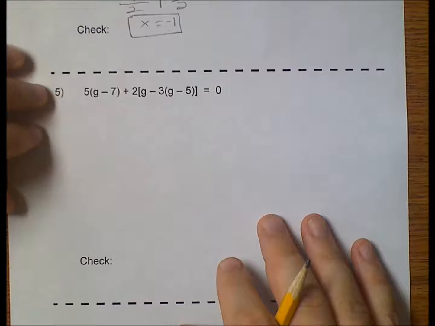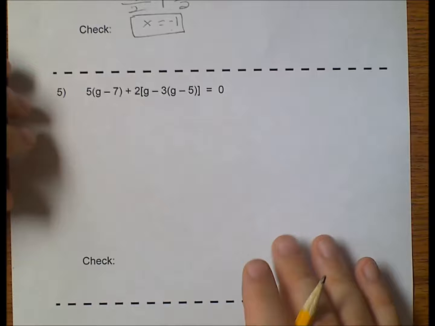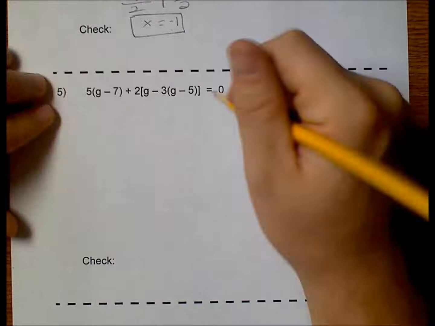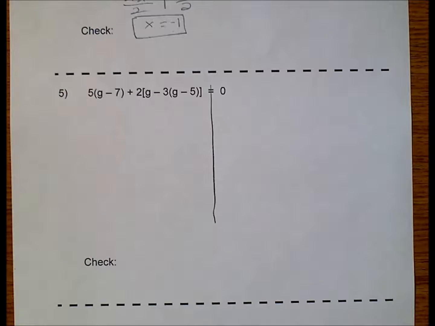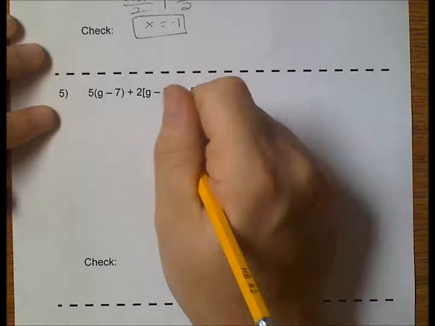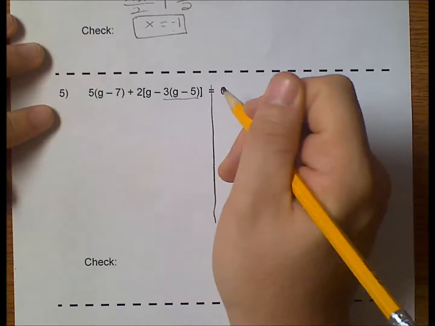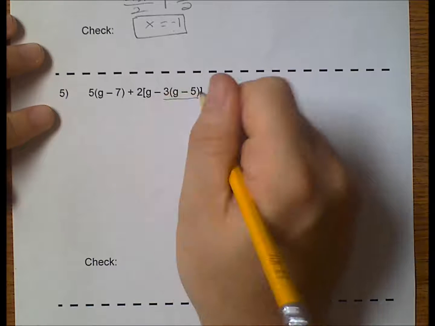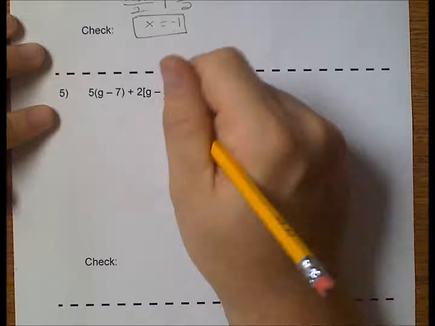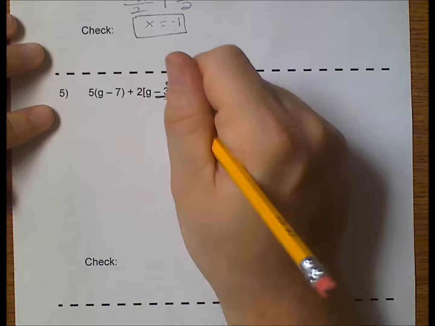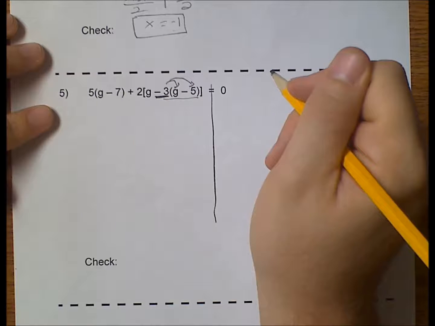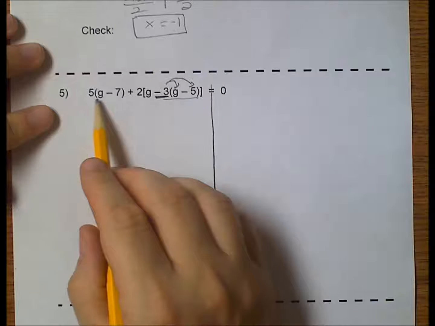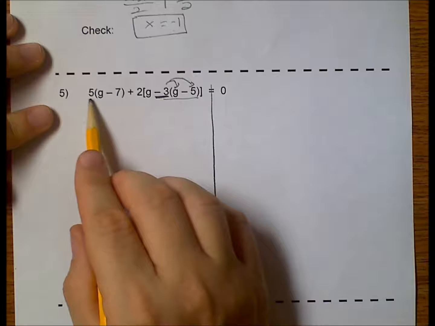Now, for our last example, example number 5, and it is long. It's going to take us multiple steps of simplifying this, but don't worry too much. We're just going to go and do what we can. I'm going to do the inside one first, because I've got an inside set and an outside set. I want to do the inside first. So I've got this negative 3, and I'm multiplying it. And I can go ahead and do this one because there's nothing outside of it. So I can do the 5